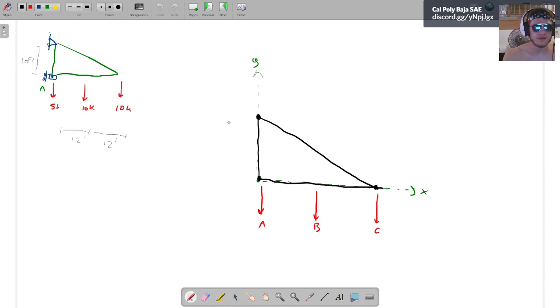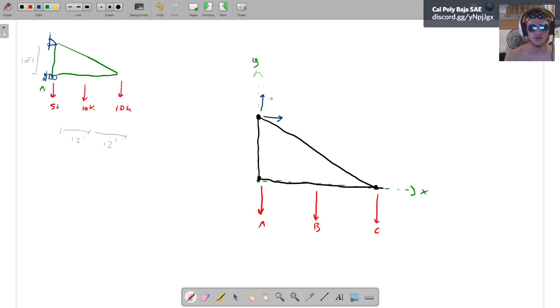Then I have a reaction force here. And for some people, it doesn't matter what direction you draw your unknown forces in, because we're just going to solve them. If they're unknown, I think it makes a lot of sense to just draw them in the positive direction, and if they come out to be negative, kind of like I said earlier, then we just know they're in the negative direction. So because this is a pinned joint